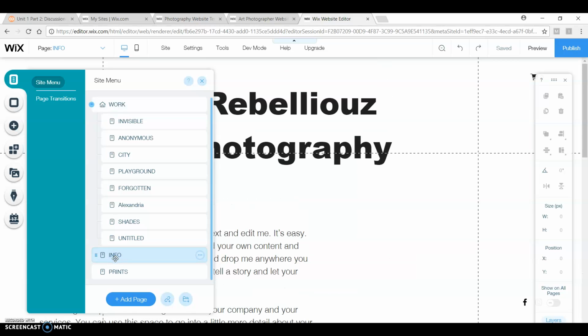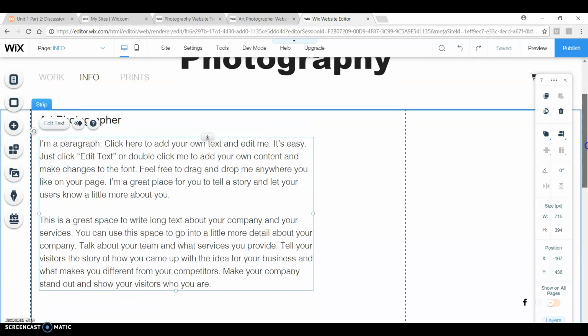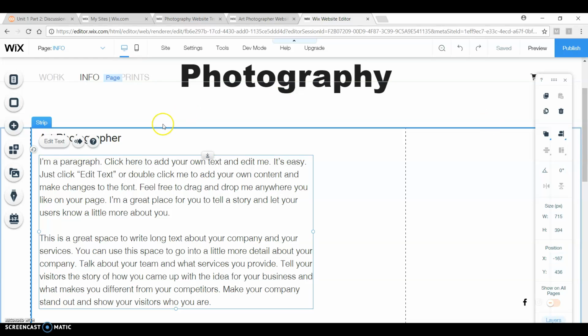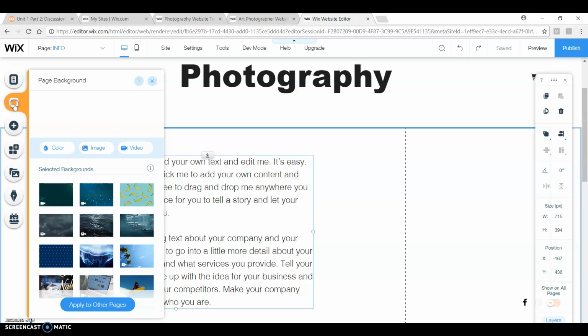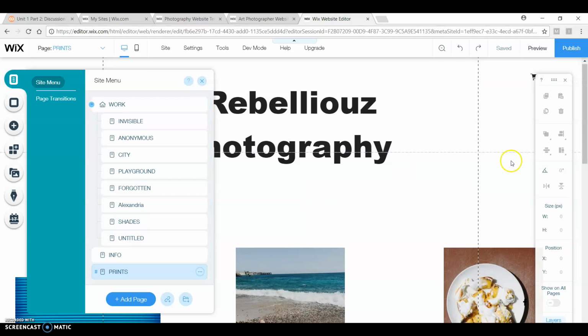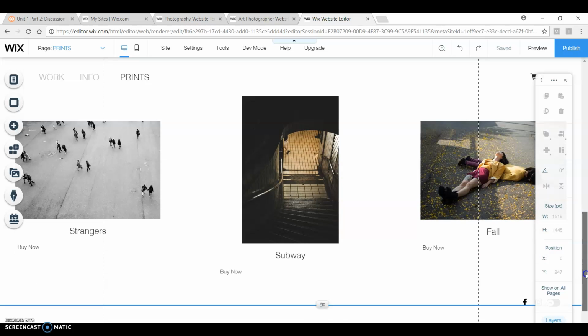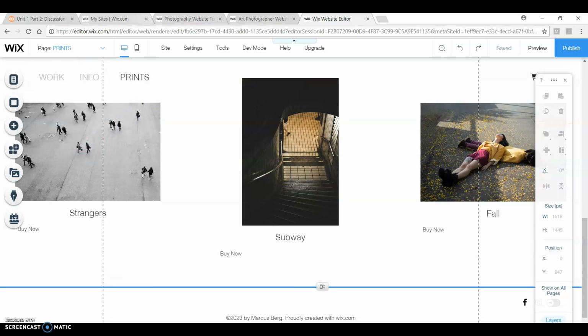I'm going to put in my name, my info, and type in exactly what I am all about, and what passions me. And I'm going to also go into my prints. Go ahead and let you guys see what prints we have, what prints I've done before. So yeah, definitely if you are interested in sticking around